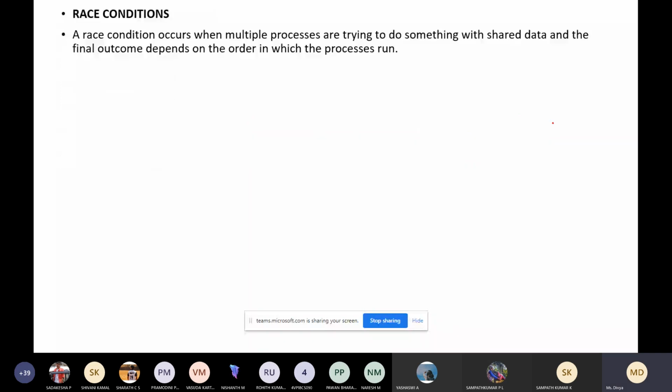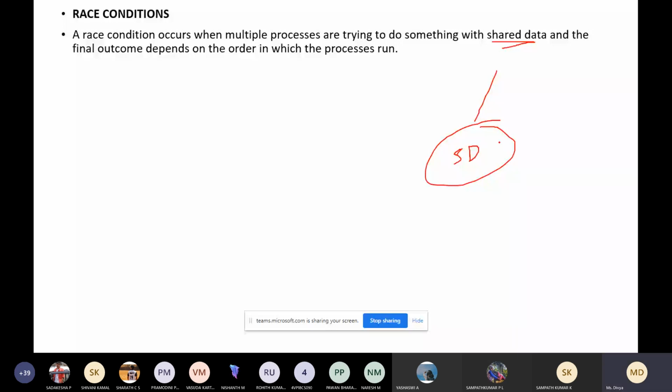A race condition occurs when multiple processes are trying to do something with shared data. Shared data may be a variable or a memory location which is shared by multiple processes.